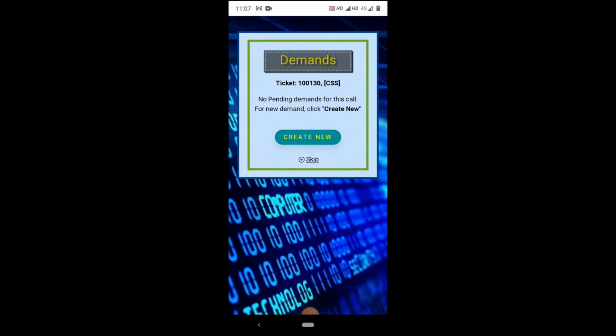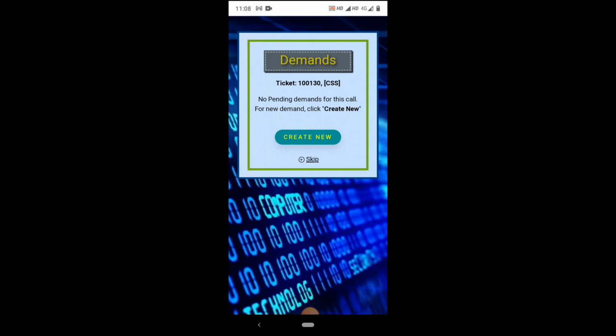So after returning these spares, you can periodically verify whether the store's person has received the returned spares and also updated the same in the IMS portal. You can do this by logging into CSS and selecting the defective, not returned by me option under the pay demand, so you can avoid calling the store's person or the reporting manager for this. So this is how you create a new demand.